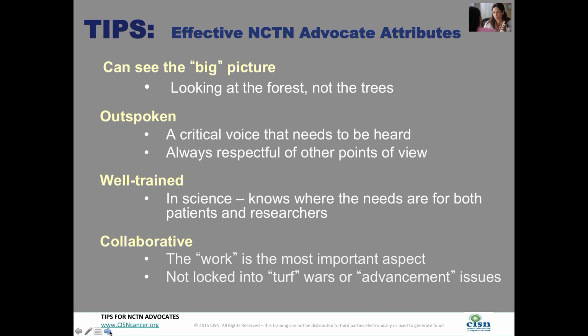Here are some tips on how to be effective, and what those attributes are. I think one of the big ones is that we can see the big picture. We're looking at the forest, not the trees. I was in a meeting once, and a researcher was talking about this very tiny little detail. He was stuck on this very minor little detail, and I said,